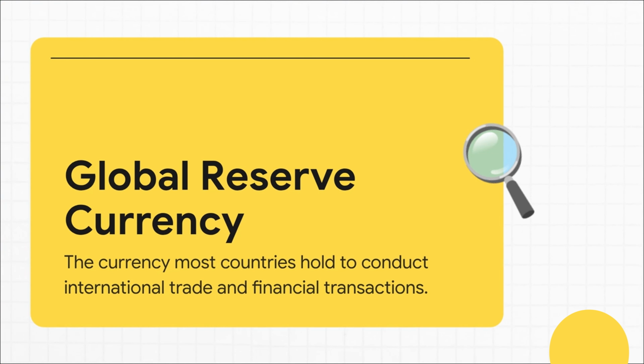So you'll hear this term reserve currency. What does that even mean? Well, the U.S. dollar is the world's number one reserve currency. It's basically the default money for the planet. If a company in Japan wants to sell cars to Brazil, chances are that whole deal is going to be priced in dollars. And this isn't an accident. This global trust is built on the fact that U.S. financial markets are seen as incredibly deep and stable.